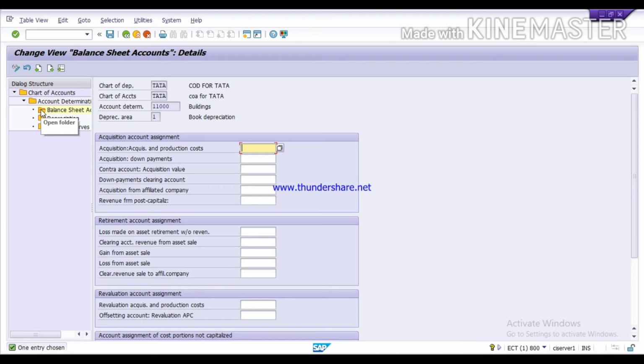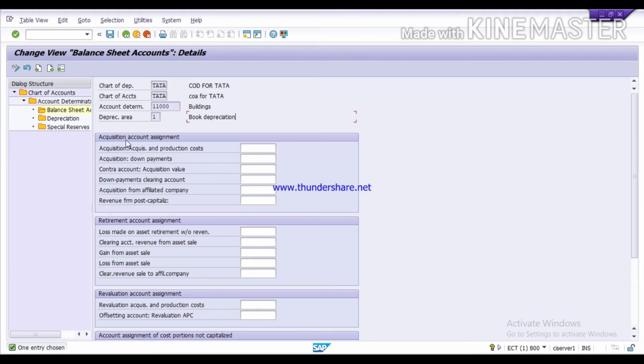In this option, we will assign the GLs for a balance sheet account. Here you see first your chart of depreciation, chart of account, account determination, and the depreciation area is first, that is book depreciation. It means your net book value. So under this you have to assign the GLs.